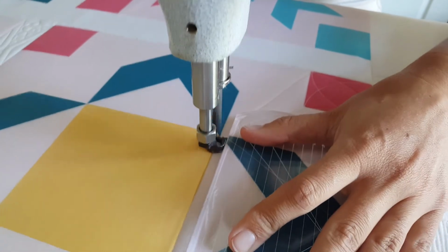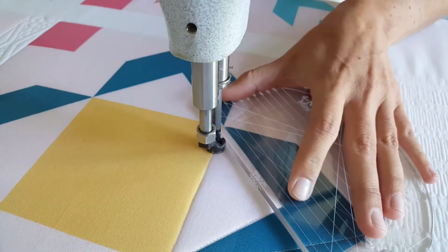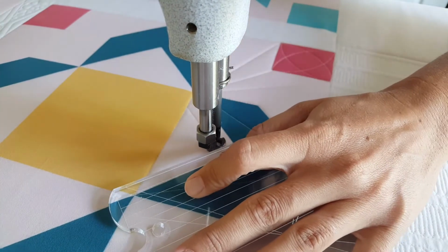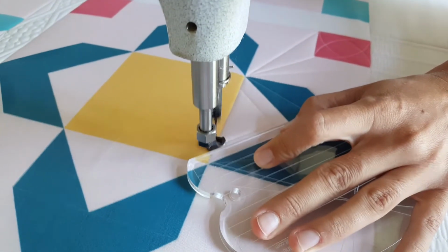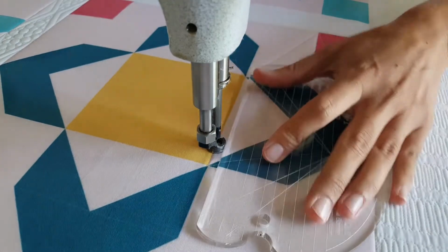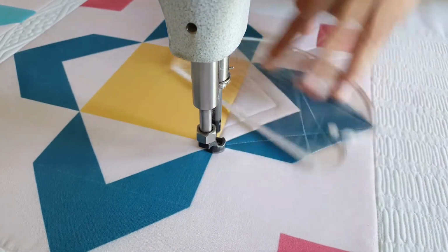Once I've stitched around that, now I'm going to add an echo to the inside that's a 1/2 inch in from the outside of that light pink unit. Once I've completed that, now I'm going to move to the next blue unit where I'll repeat the same process,